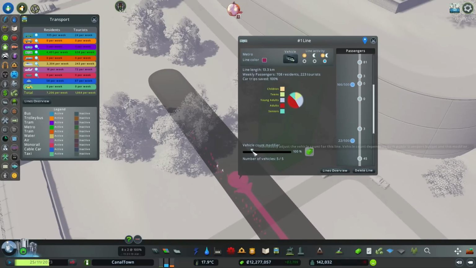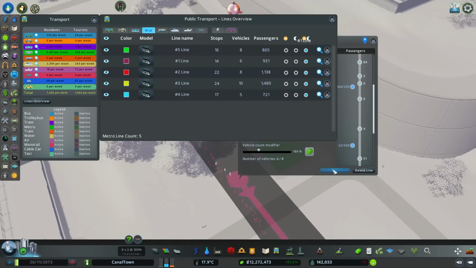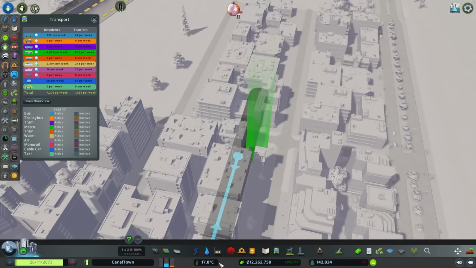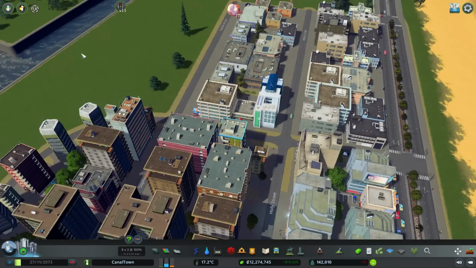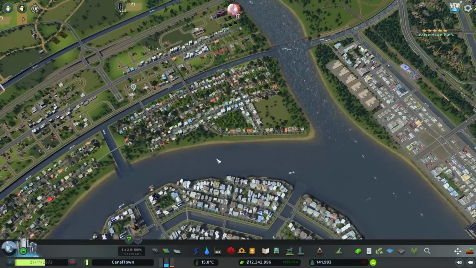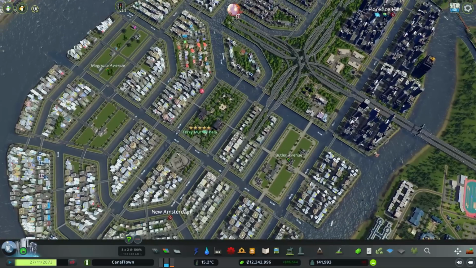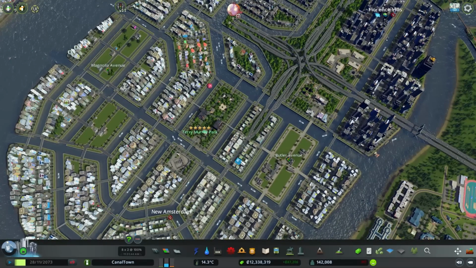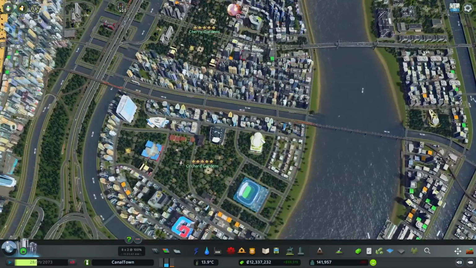Okay, I don't think this one needs to be up too much. But again, frequency issue. That's what it is. This line 4. Right, that will carry even more passengers just because we've got the frequency coming more often for those metro trains. Absolutely glorious. So even though I spent that commercial demand,